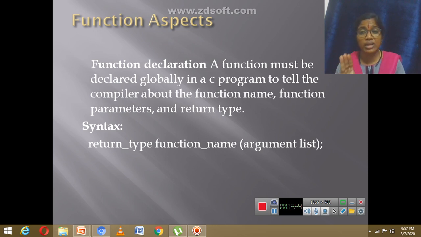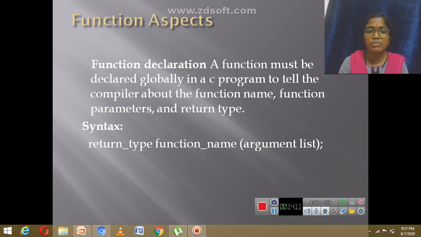Data types are three: primary, derived, user-defined data types. Primary are the data types which are already declared in C libraries. Derived data types are the data types which are derived from already existing primary data types. So here the function comes as a derived data type because it uses one of the primary data types.